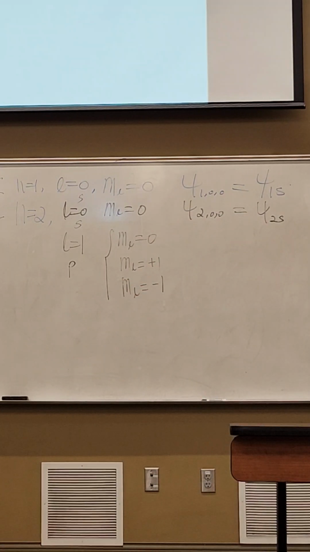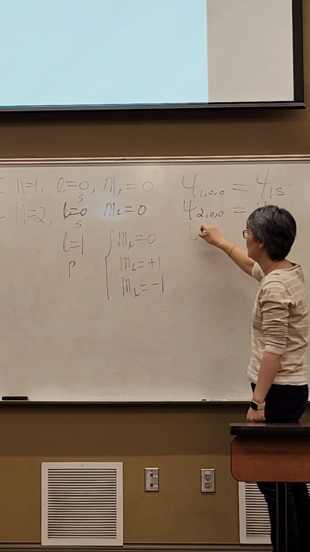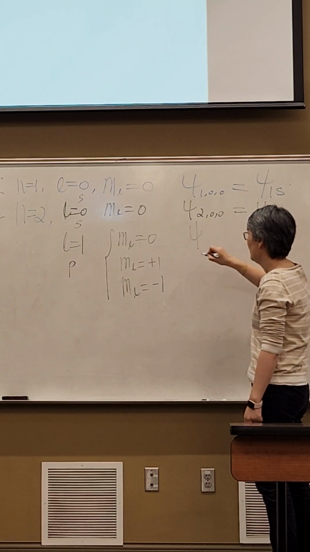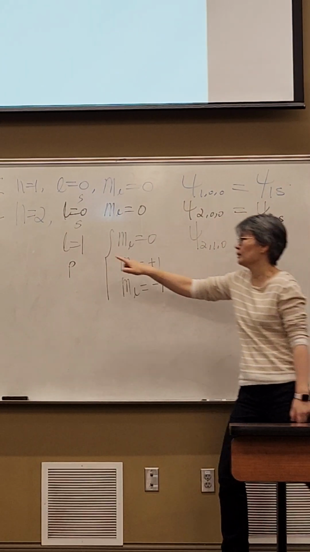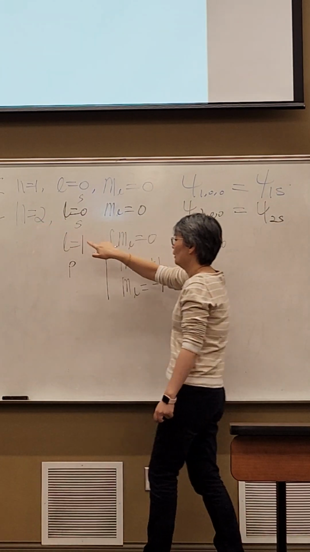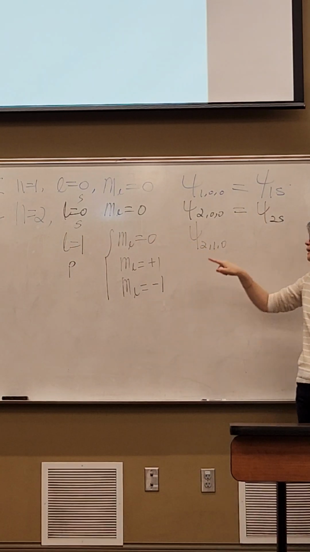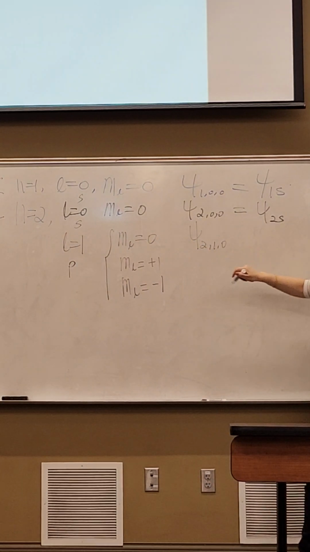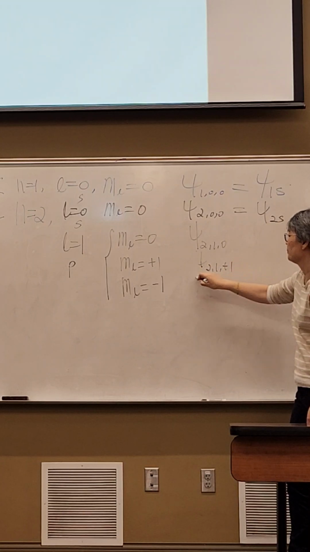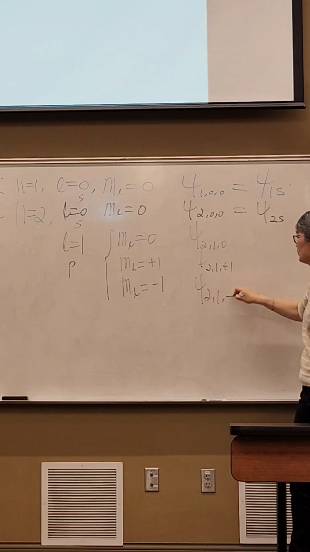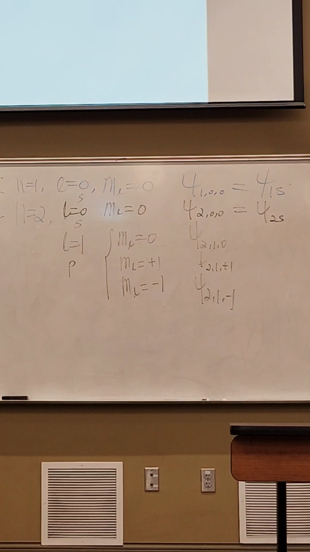You're going to have 3 m sub l values, right? Now you're going to have 3 wave functions, which one is 2, 1, 0. 3 quantum numbers: principal, orbital, magnetic, 2, 1, 0. All right, now you have